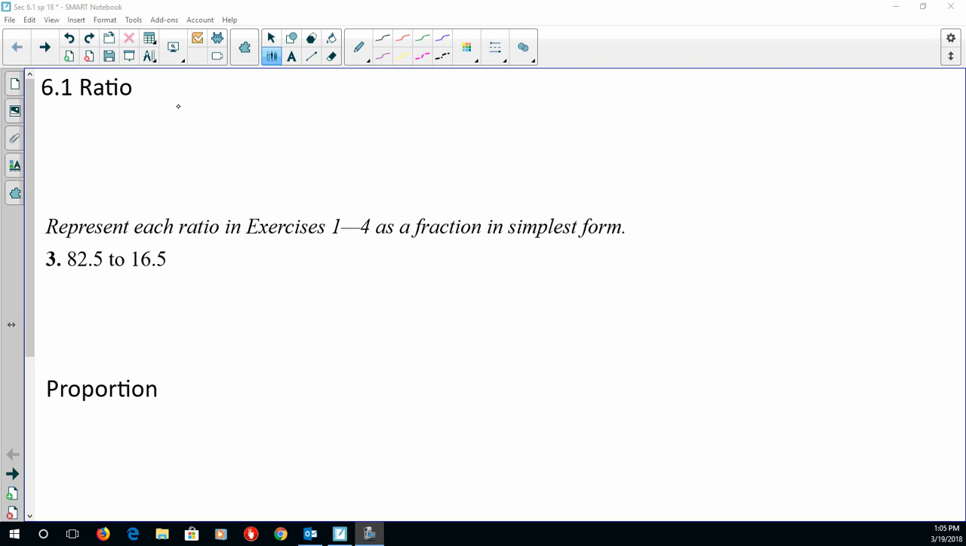And basically, a ratio is just an ordered pair, an ordered pair of numbers thought of as a fraction. So generally, it's thought of as fractions. For instance, I could write